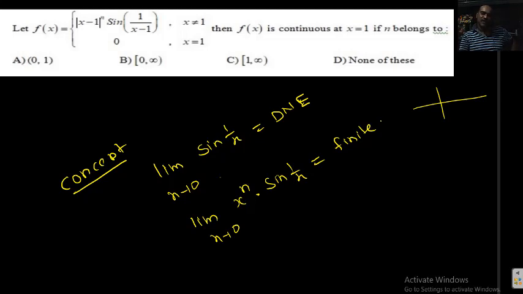If the value of n is such that the limiting value of xⁿ sin(1/x) becomes finite. Students, listen, this oscillating finite value between −1 to 1, but you don't know what is exact. If this is 0, 0 into some finite value is 0 only. Understood? x is tending to 0. What happened to xⁿ? That must and should tend to 0.